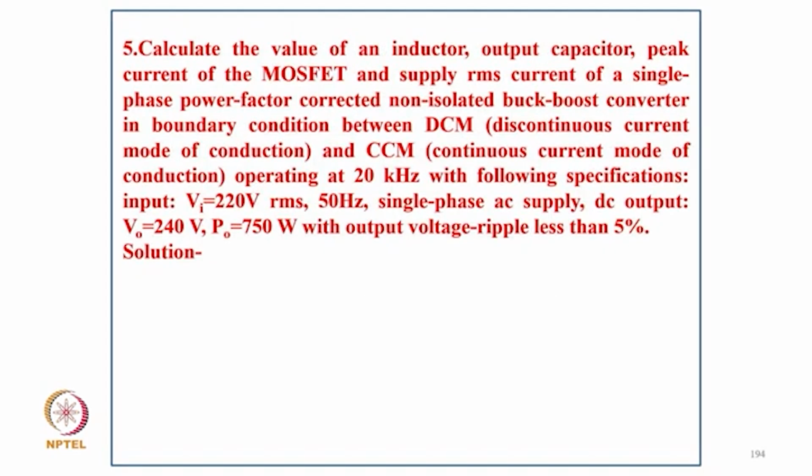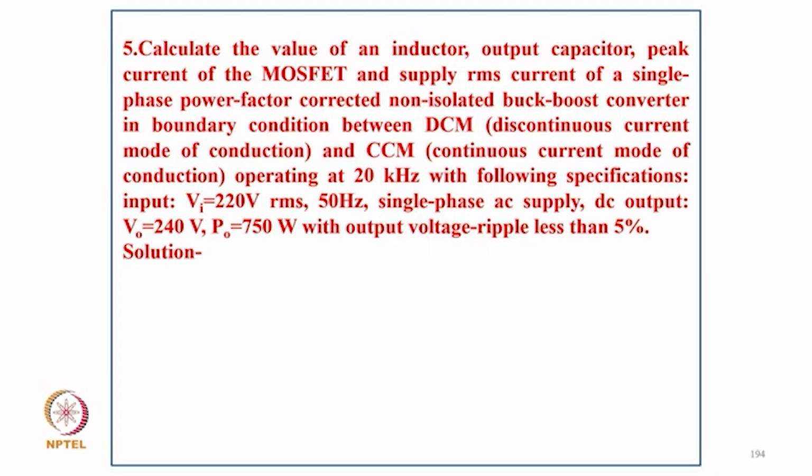Coming to problem 5: calculate the value of inductance, output capacitor, peak current of the MOSFET, and the supply RMS current of a single-phase, perfectly connected, non-isolated buck-boost converter in the boundary condition between DCM and CCM, operating at 20 kHz with the following: a 220 V, 50 Hz single-phase AC supply, DC output VO of 220 volt, PO equal to 750,